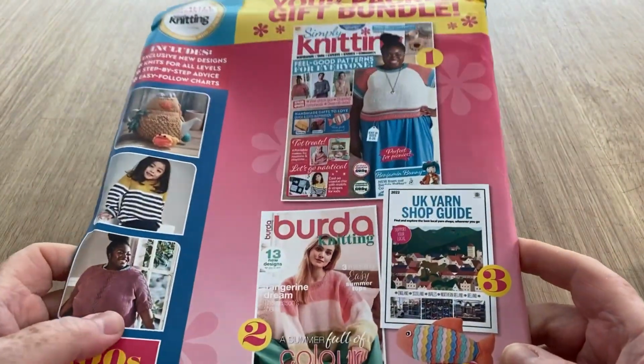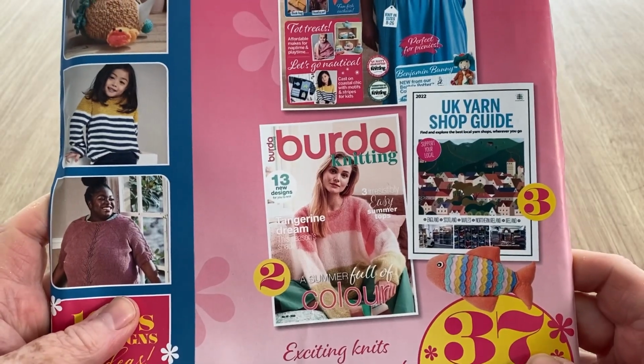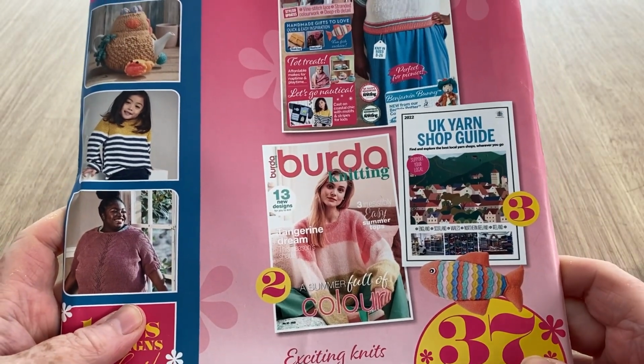So this then is the gift pack. We should have in there Birder, as well as maybe not the...